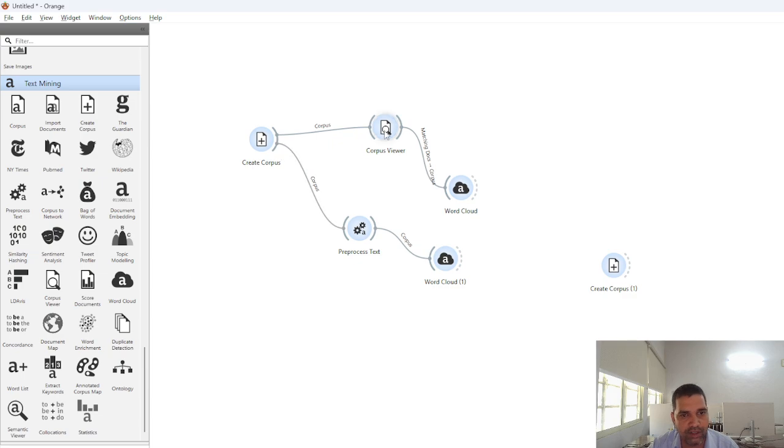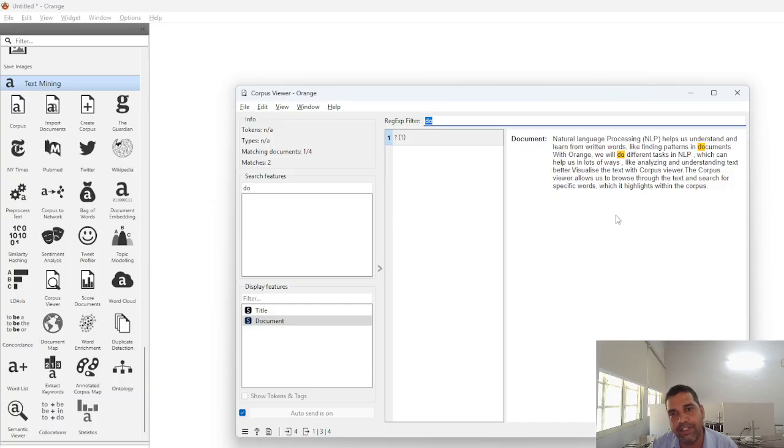See, when I click on this, you will be able to see this text I had typed here. NLP helps us understand and learn from the written words, like finding patterns in documents. Okay, this will get the automation. Now here, if there is any text in this viewer,